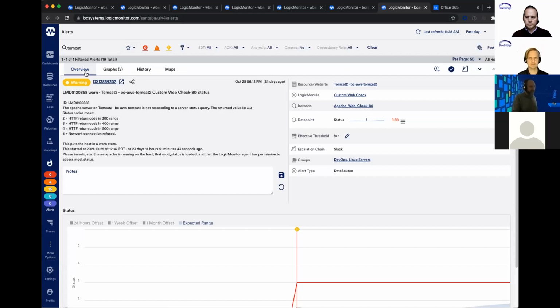What we're actually looking at here is an alert message. And this is kind of what an alert would look like. Like if you got an email from LogicMonitor, you'd have a verbose email like this that would tell you why you're being alerted. In this case, we've got an HTTP 400 returning on one of our sites. And so obviously the site is down. So, I'm the triage engineer. I come in, I get this, for the first 5 minutes of it,